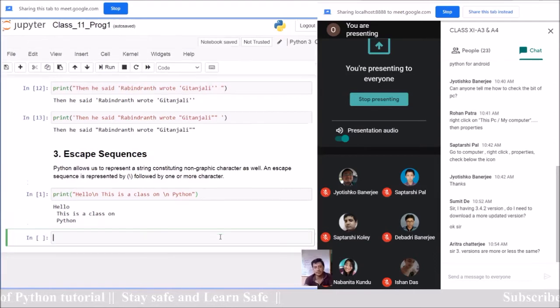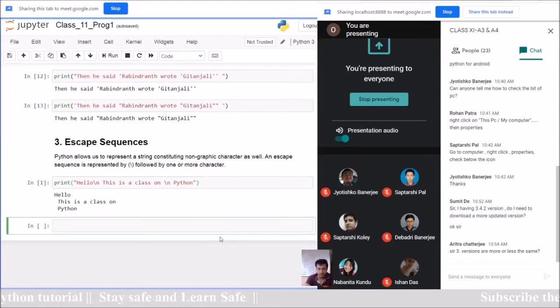So there are some escape sequences. I am writing those escape sequences. The first escape sequence is